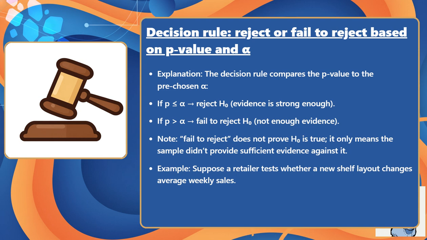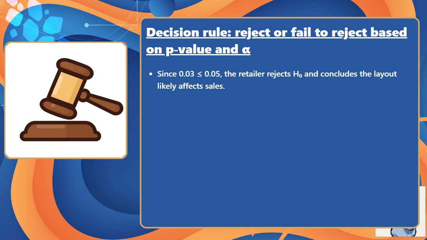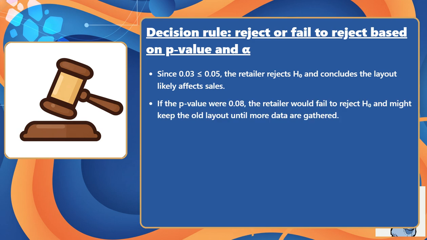Example: suppose a retailer tests whether a new shelf layout changes average weekly sales. Alpha equals 0.05. Computed p-value equals 0.03. Since 0.03 is less than or equal to 0.05, the retailer rejects H0 and concludes the layout likely affects sales. If the p-value were 0.08, the retailer would fail to reject H0 and might keep the old layout until more